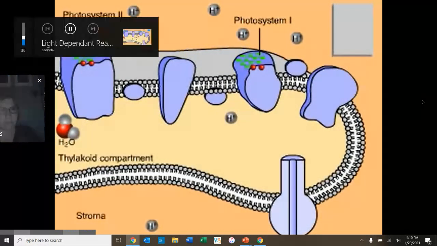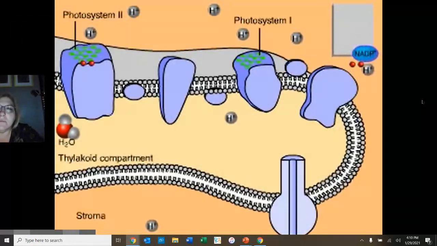Energized electrons from photosystem 1 are passed down an electron transport chain and added to NADP+ to form NADPH. Meanwhile,